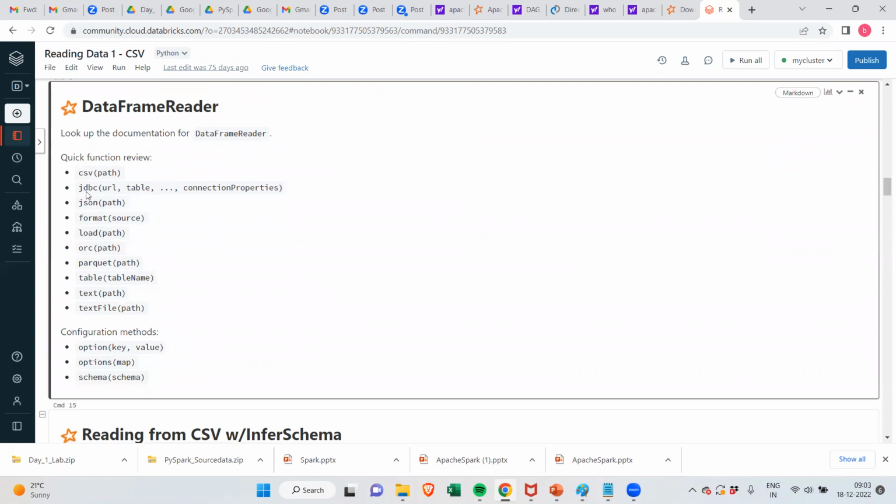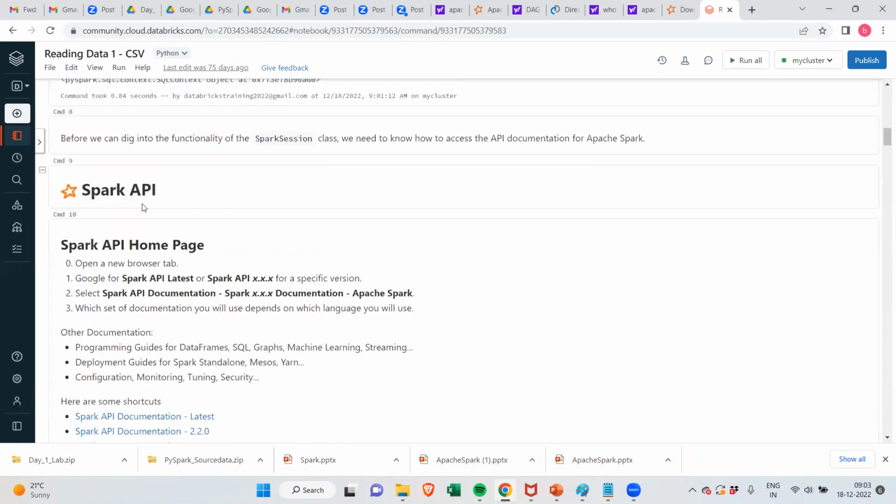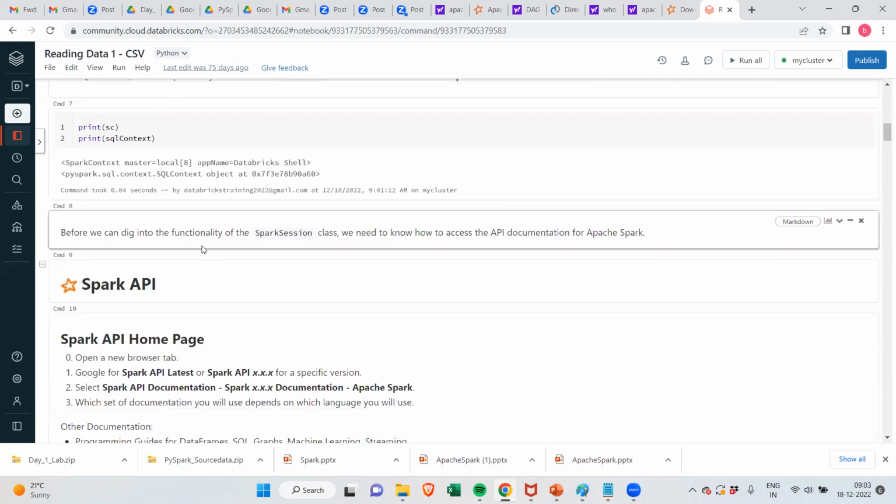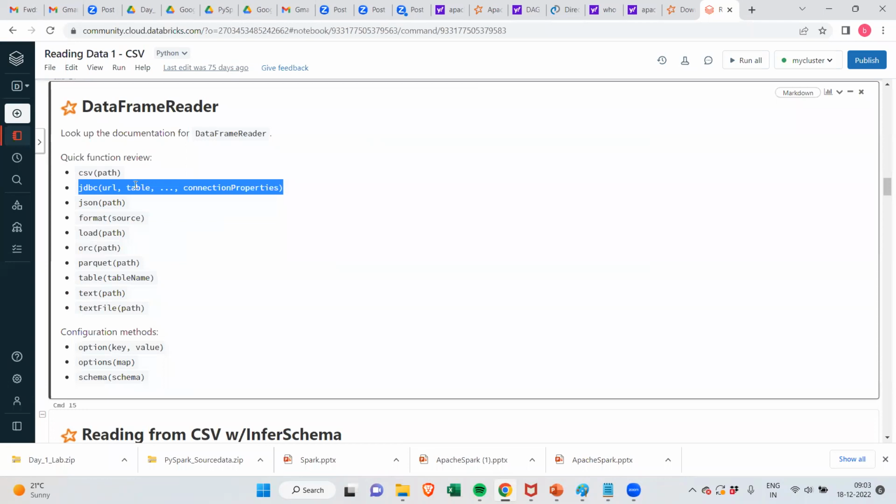Now, Spark, if you are reading data from any database, you can use spark.read.jdbc. These are all part of a reader. First we have seen the read part. Spark.read. Spark is a session, then it has a method called read. Read decides what type of data you are going to read. You can use